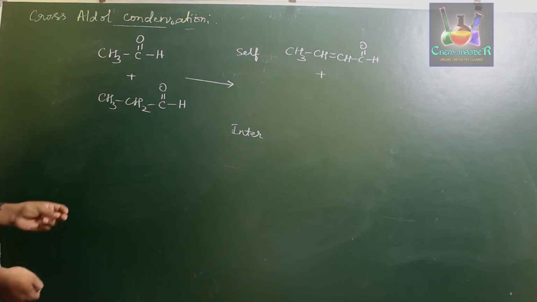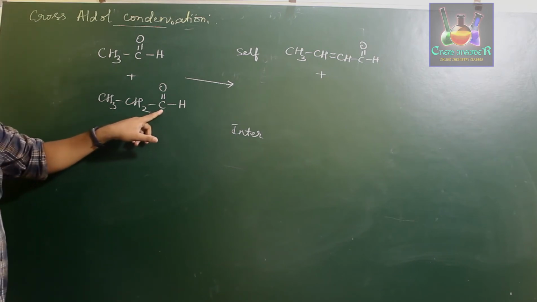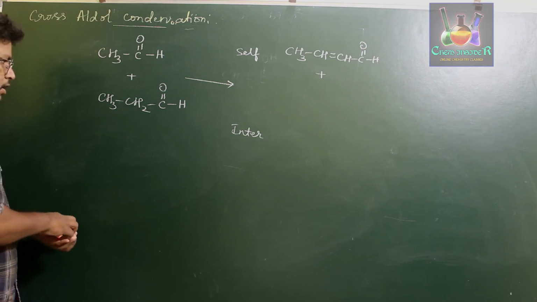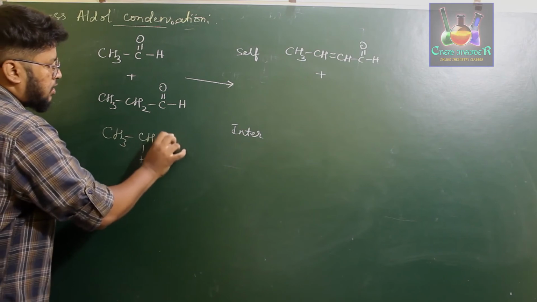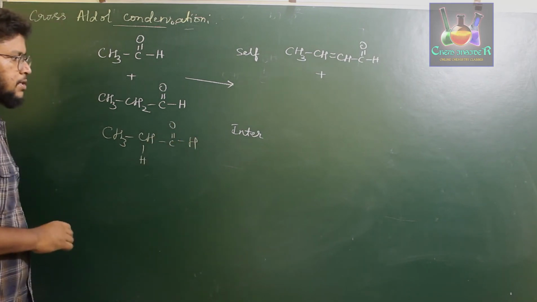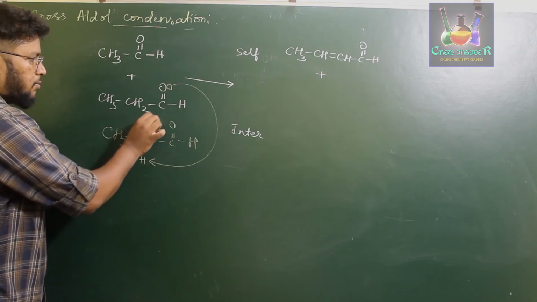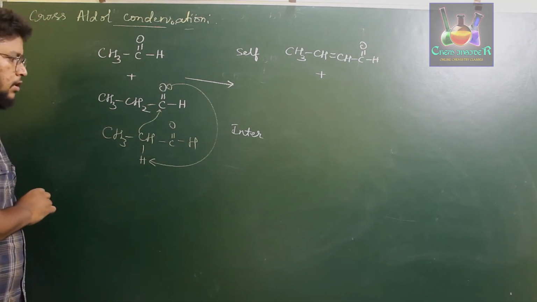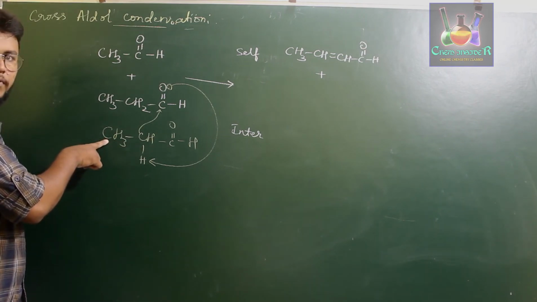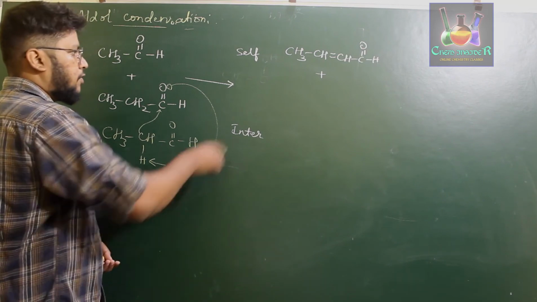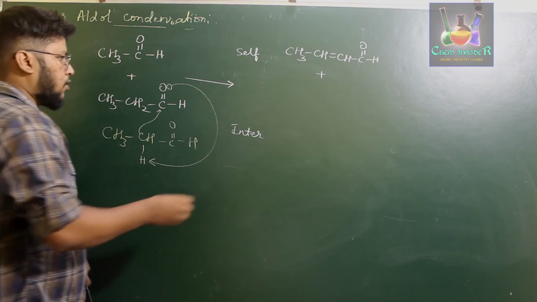Now for the second product, carefully observe over here, there will be a slight bit of confusion. So what happens here is, let us consider one more here, CH3, CH2, C double bond O, H. So what happens in this reaction? Oxygen's lone pair of electrons attacks this, and this carbon will be attacking this carbonyl carbon. So therefore it will involve the formation of a carbon-carbon bond.